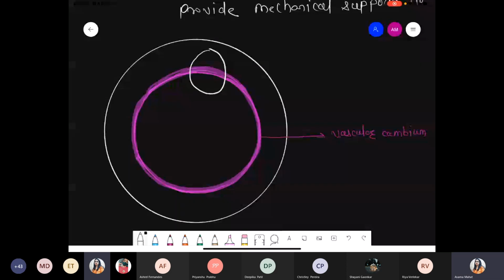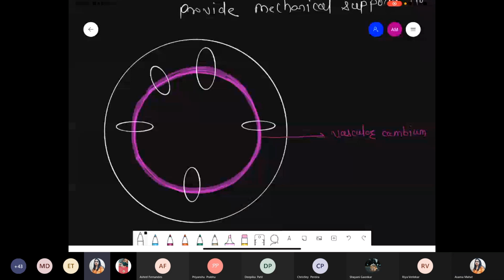That became a bit too big. Vascular bundle, see the position we just discussed. These are the colors, which is represented by which color? Pink color or purple color. That is the vascular cambium. The vascular cambium basically cuts toward the outer side. For simplicity, I draw only one side, but please remember, they are present entirely.